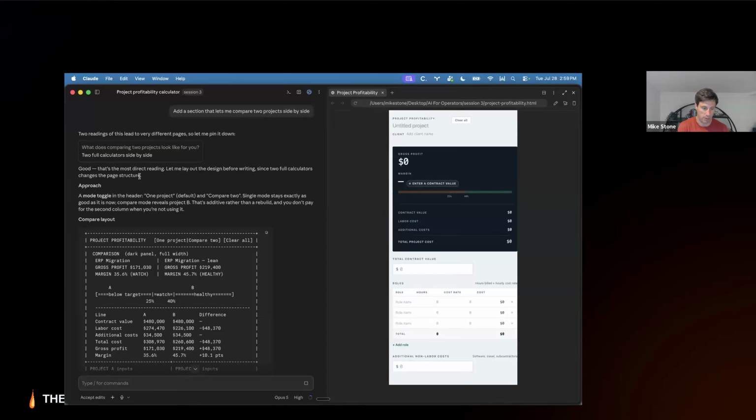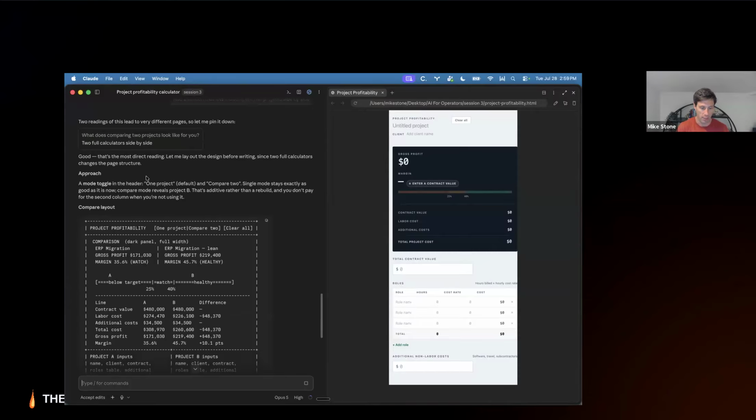Claude accepted this prompt and accepted the answer to the question that it proposed, and then gave us the approach. It's saying it's going to do a mode toggle in the header between one project, which will be the default, and compare to. The single mode stays exactly as good as it is now. Claude giving itself some props there.